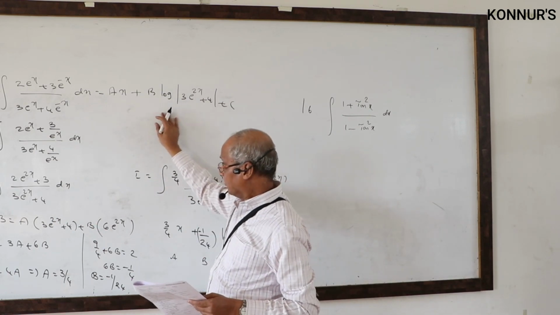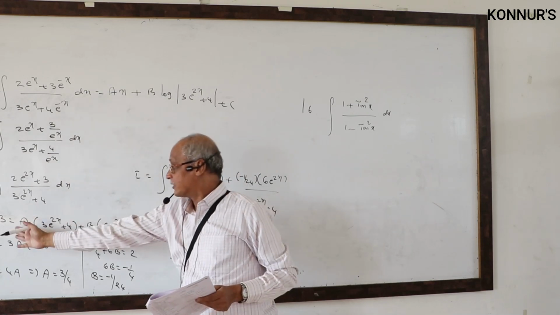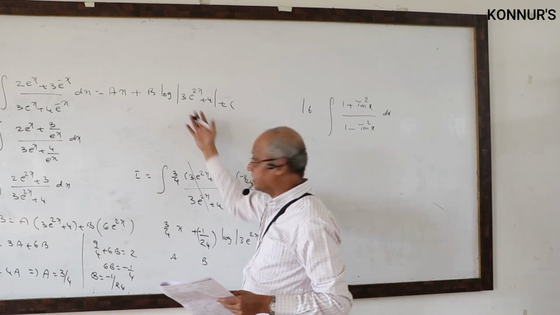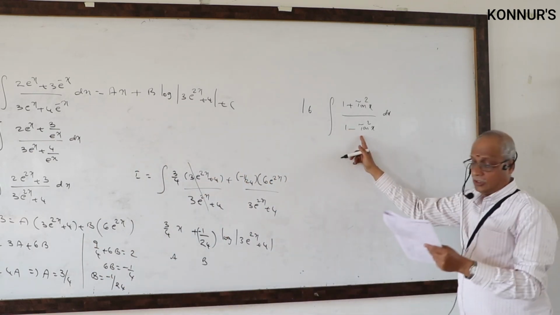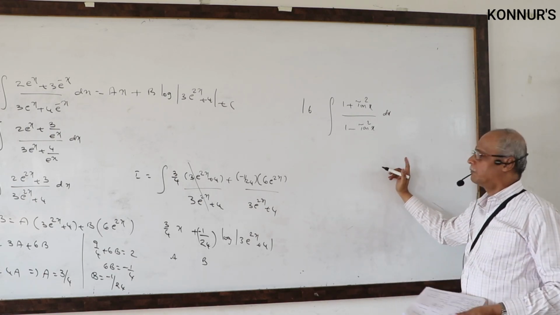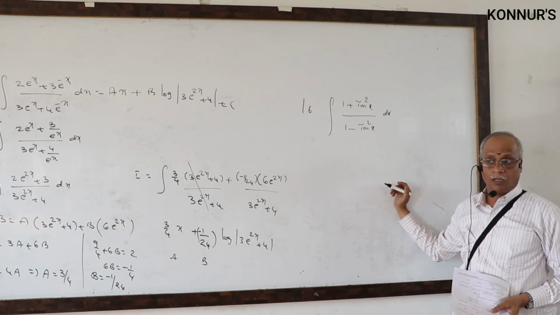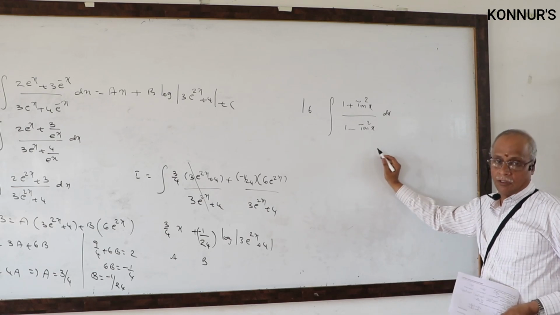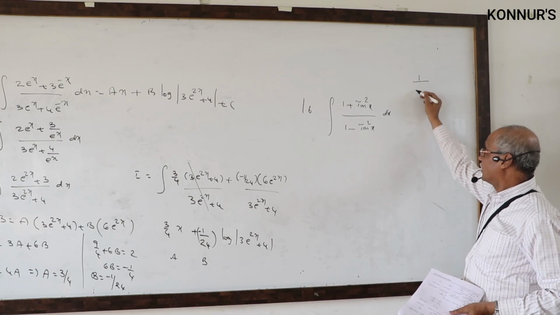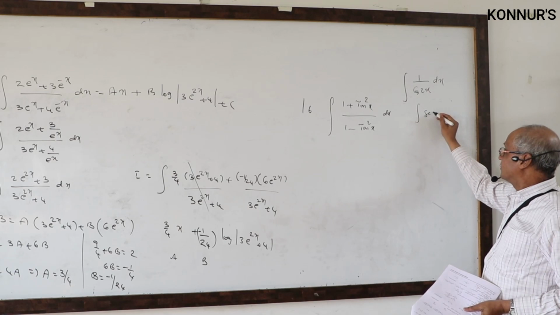Because he is writing like that only I started doing. I didn't start like standard type as it is numerator equal to a into derivative, everything I am not writing. Since he is writing here also once he gave problem ABCD, he is writing all answers are in terms of tan. So you have to get in terms of tan. I know the formula for cos 2x in terms of tan: 1 minus tan square by 1 plus tan square. So I write 1 by cos 2x integral, secant 2x.